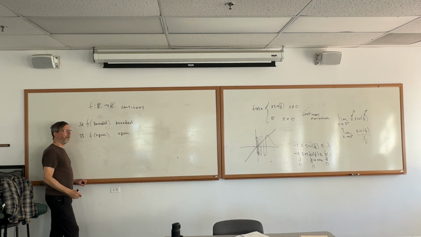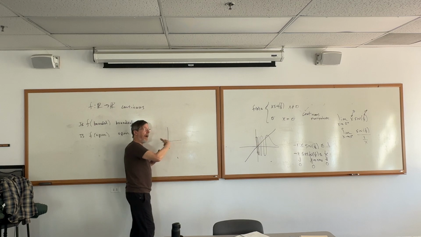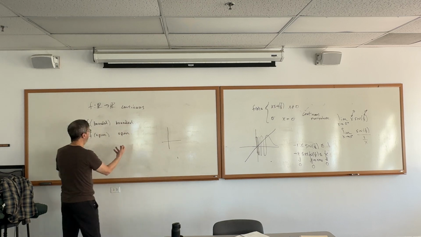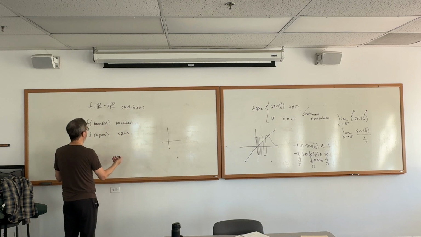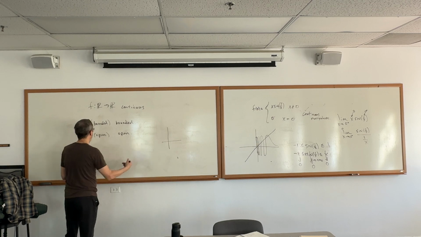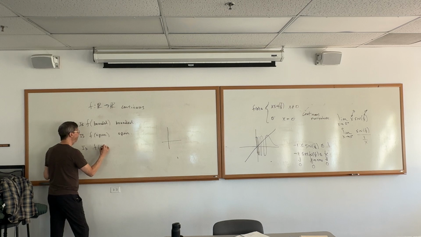Take a minute and explore these things. What I would do is draw some pictures, think of some graphs, and do graphical thinking to try to break these, if you can. Try to break these definitions. So you're going to come in here and say, all right, I'm going to take a bounded input on a continuous function. Can I make that unbounded? Can I make f of an open set closed by picking the right function? And if not, then we might want to try to prove it.